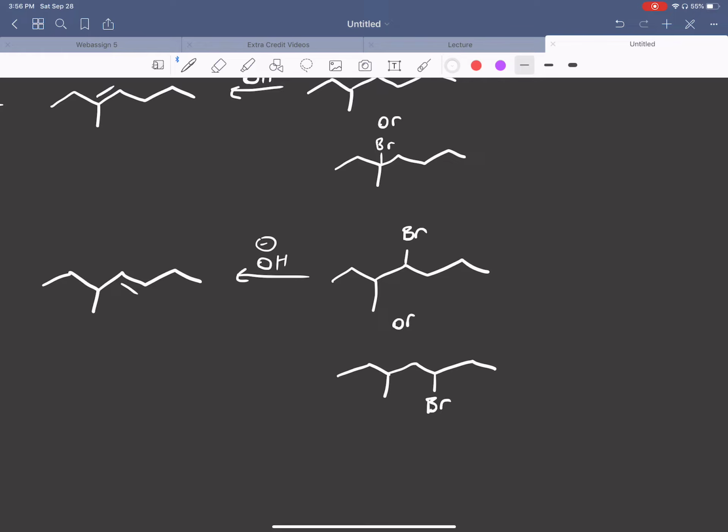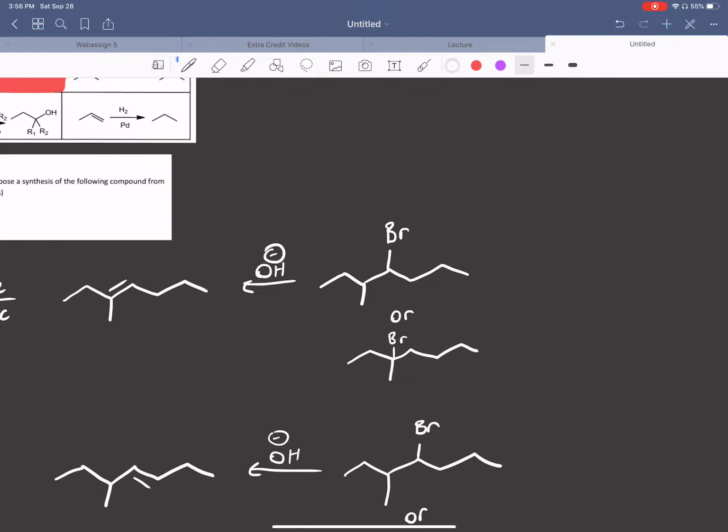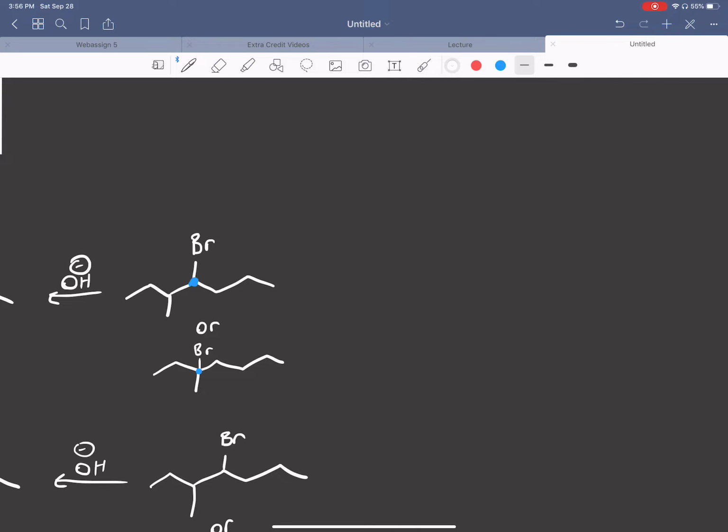And so let's think now. Let's look at the top first. We are going forward. When you do an elimination reaction with OH minus, the double bond you form will be the most substituted double bond. That's the most stable double bond. Okay. So what you do is you need to look at the carbon of your Br. So I'm just going to color that in blue for both of them. And you need to draw the possibilities of the double bond forming on the left or right hand side of it. Okay. So that would be essentially either like this,